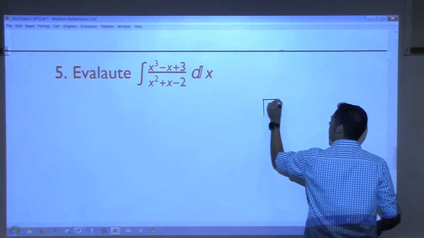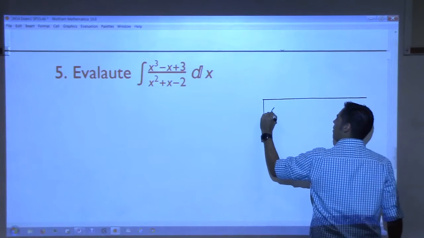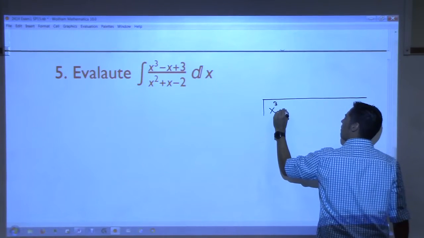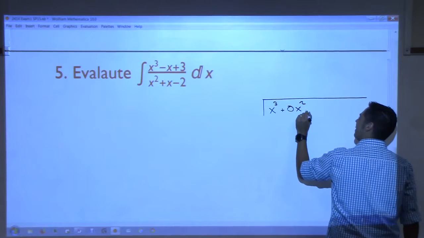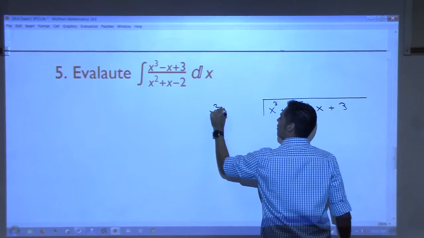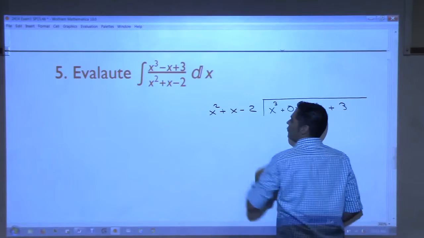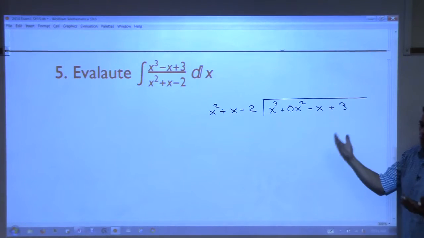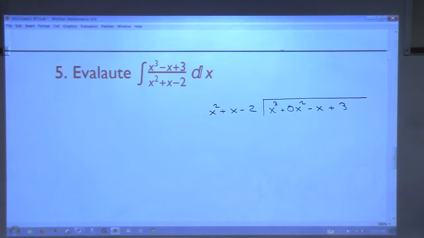Y'all sure you want me to show you? So I write x cubed here plus 0, yeah, minus x plus 3. Well, doing long division in an integral is something we're going to have to do later. Like, this will come up. It's not like we're never going to see this. So